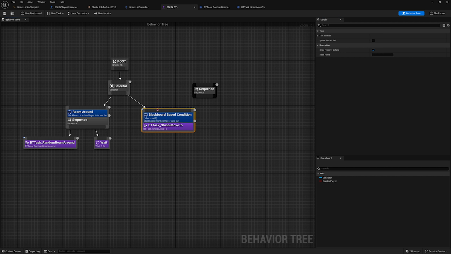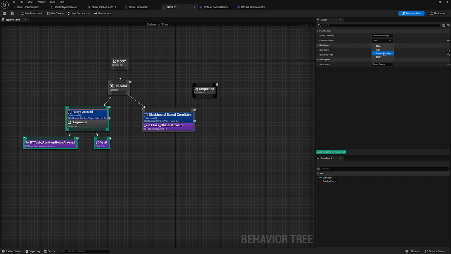All right, it will abort itself. That means it will close itself, right? And it will go back over here. And here also we can set it to self. There is something called low priority. That means that this one will be set to a low priority, and this one will get a higher priority. And we also have abort both of them, right? So for now we have to use self right over here and right over here, and this one is move to character. All right,